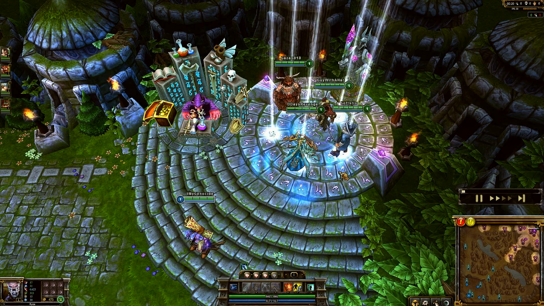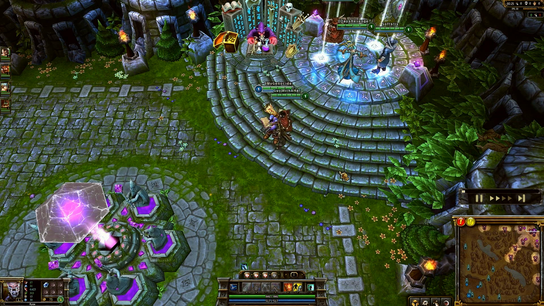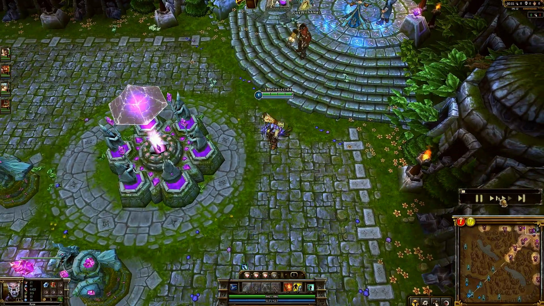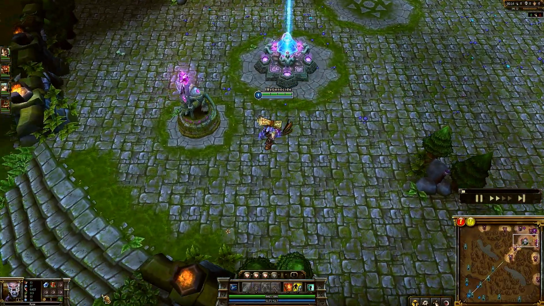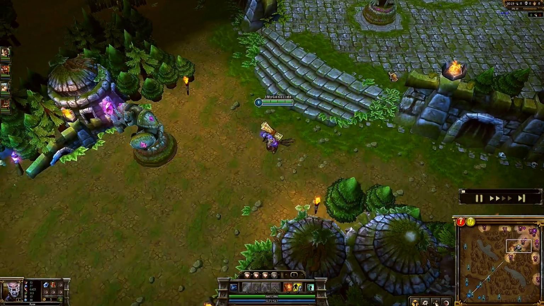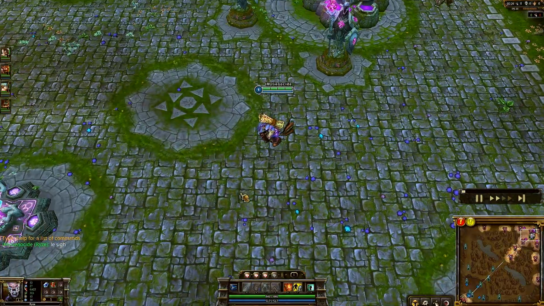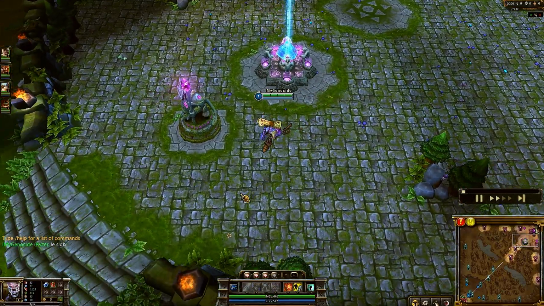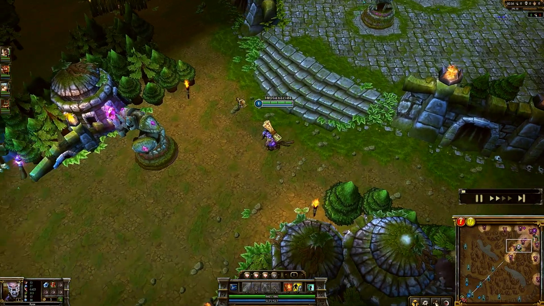And as Ryze, I always start off with Mana Crystal and 2 potions. So right now let's just speed it up because it's just a loading screen and nothing's really gonna happen. The reason you get Mana Crystal is because you want to build into the tier of the goddess. On other casters you don't really need this item because you can't really spam your skills enough to get it built or stacked